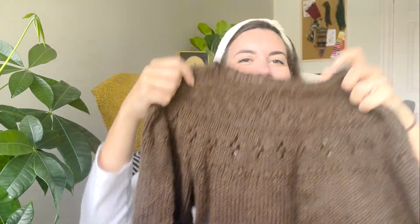And this 4-ply British woolly knit wool just seems to hold up to a lot, because there was a lot of rinsing and squeezing to get the dye out, and maybe it's felted a tiny bit, but nothing bad at all. All the lace work's still perfectly fine. It is horrendously tight to get over my head though. I definitely knit the neckline too small. It does go over, but only just. But yeah, I'm pleased with that. So not a finished object really, but